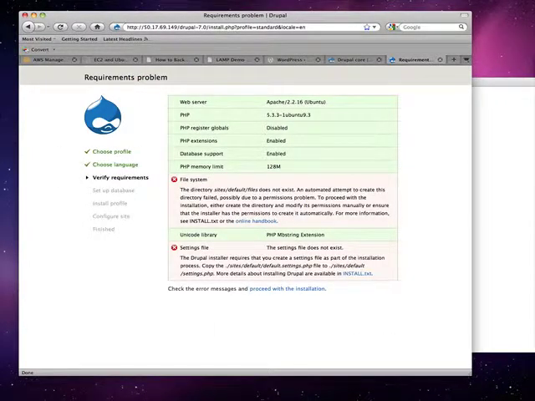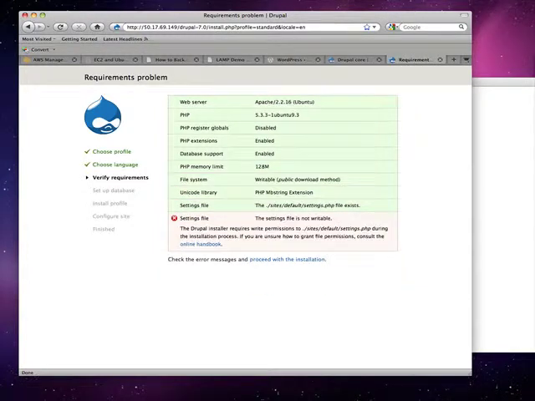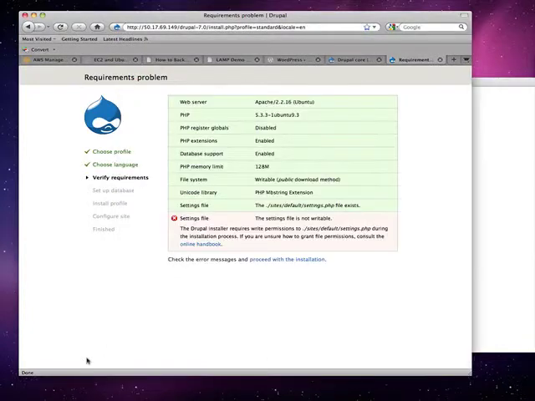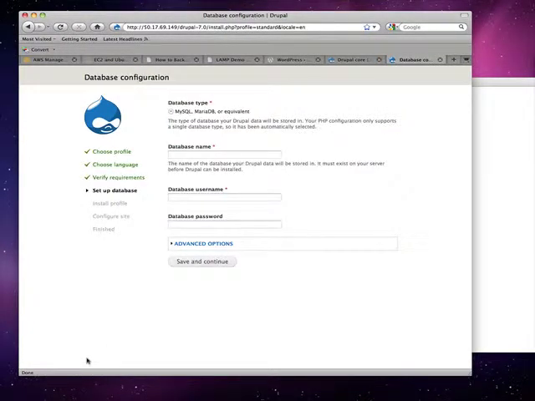Now let's see if this guy likes me. Why does that not exist? I need writable permissions to settings.php too. Seems okay. Six. Okay, so far so good.